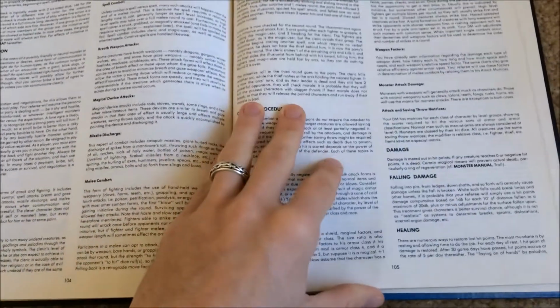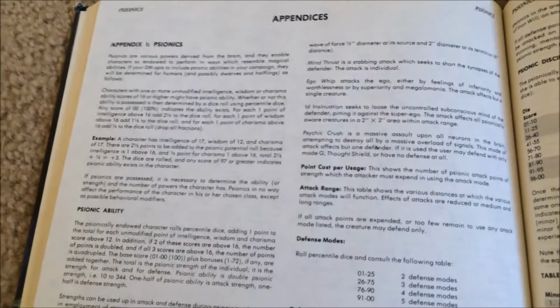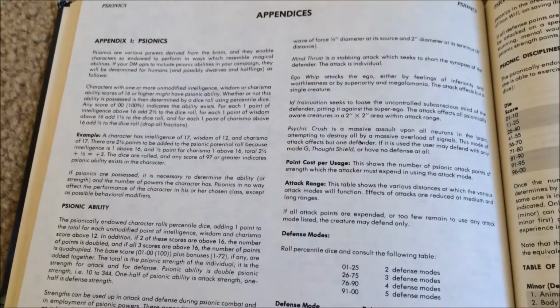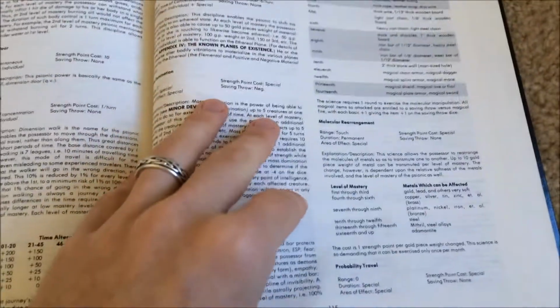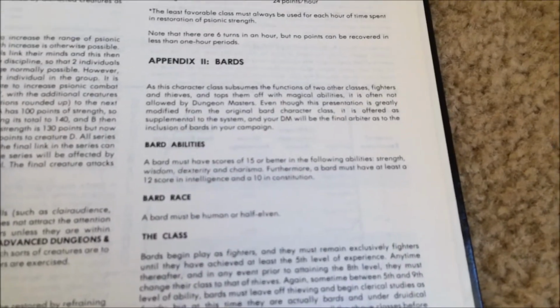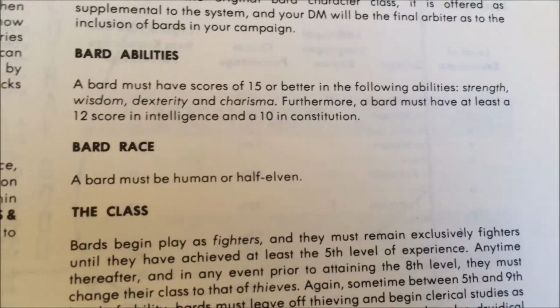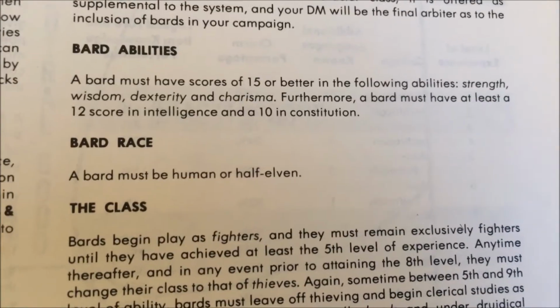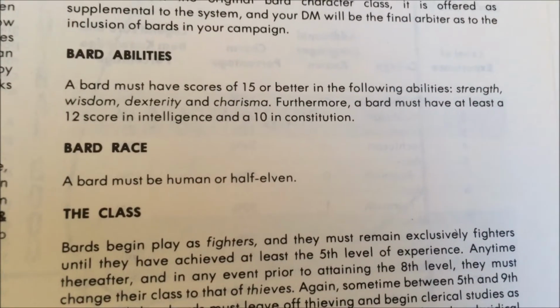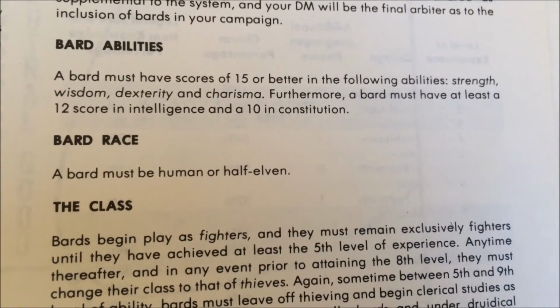especially using Dragon Magazine. Something else I wanted to hurry and touch on is this book includes psionics, and I think that's just because it's a core part of what monks have to deal with. And this also has the first prestige class in Dungeons & Dragons, the Bard, with a lot of requirements. The Bard has to have 15 strength, wisdom, dexterity, and charisma, and at least a 12 in